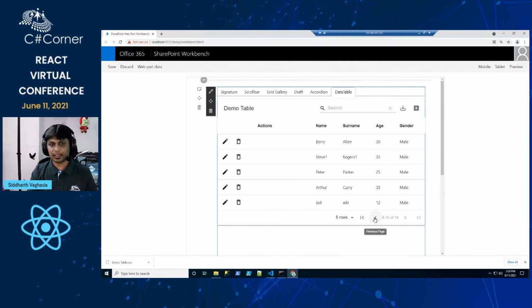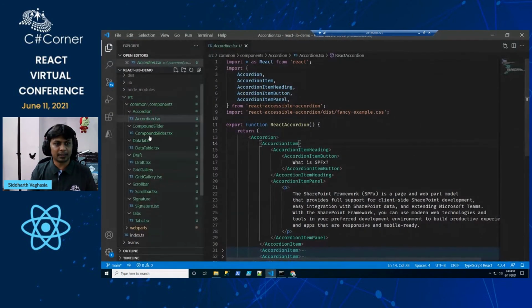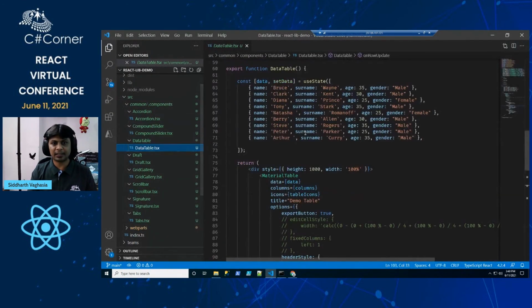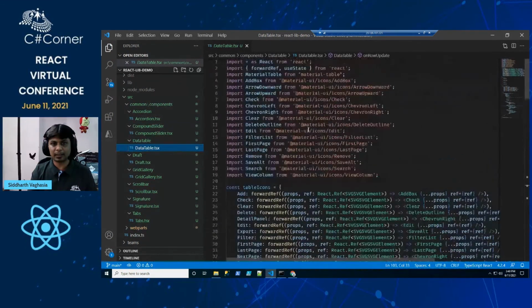Pagination functionality is available, so most of the list grid view functionality is available. And I would suggest, if you are exploring to build something custom and you want to give similar kind of functionality, this can be pretty useful. So let's look at the implementation. The implementation here would be a little bit more involved than what we have used with other libraries.